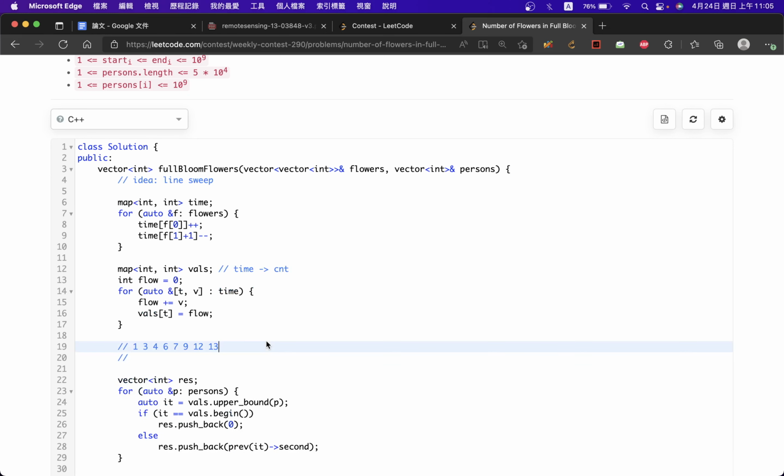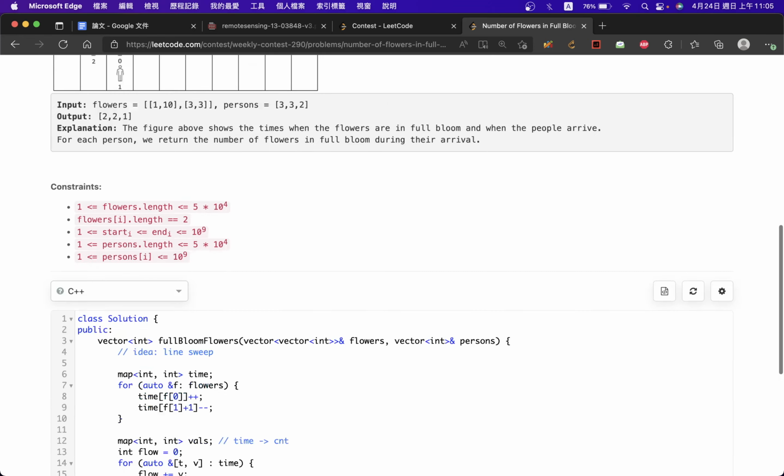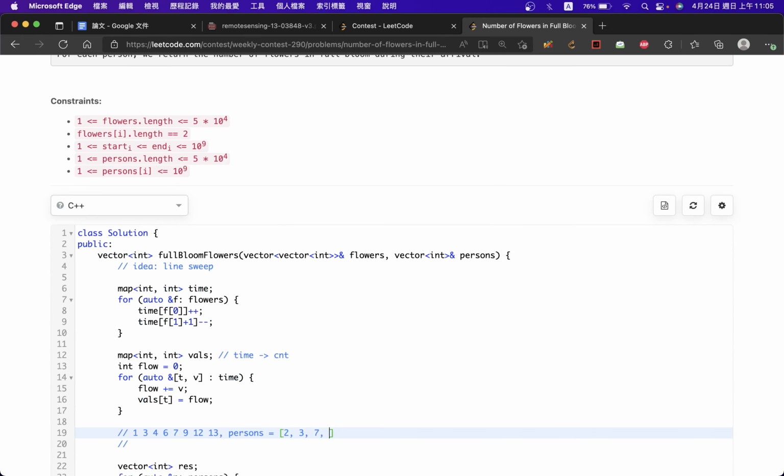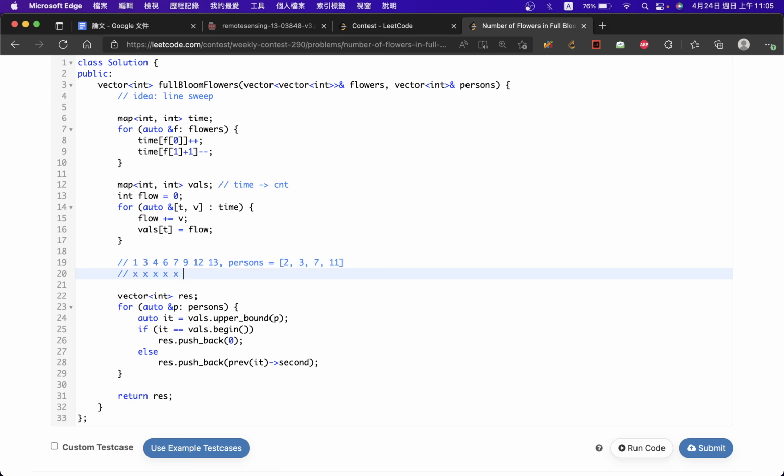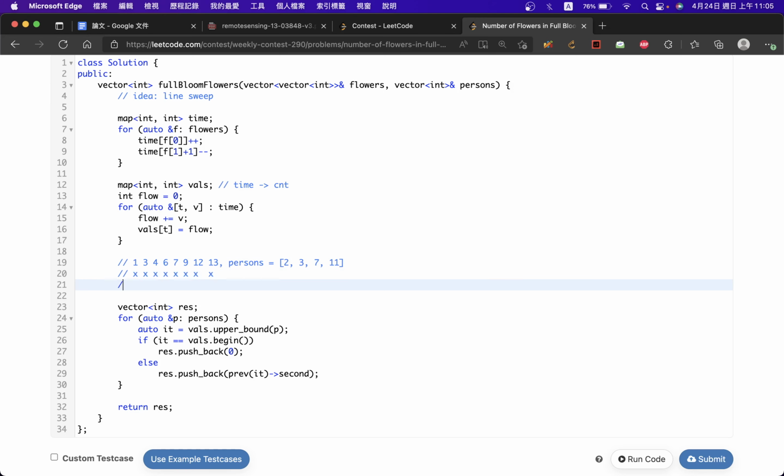Suppose the persons arrive at 2, 3, 7, 11. We just use the upper bound approach. How to do that? Suppose we know this range, right? We know the flowers in this time state, and we just binary search. For 2, we binary search the upper bound, which was 3,